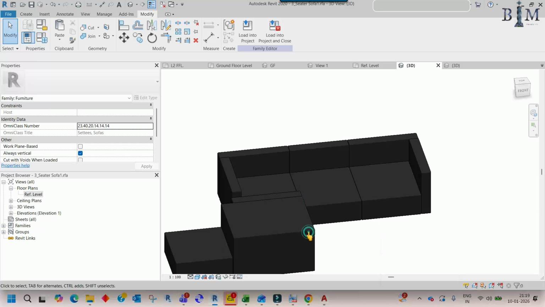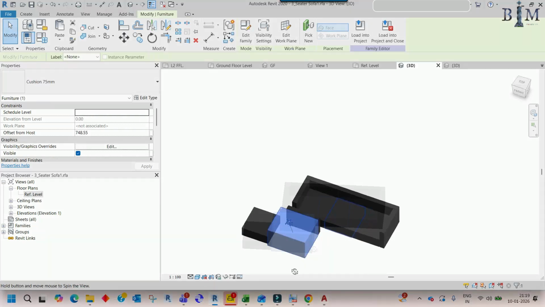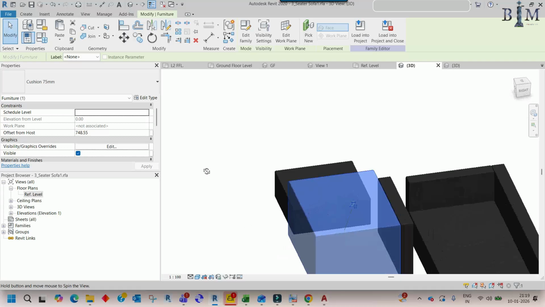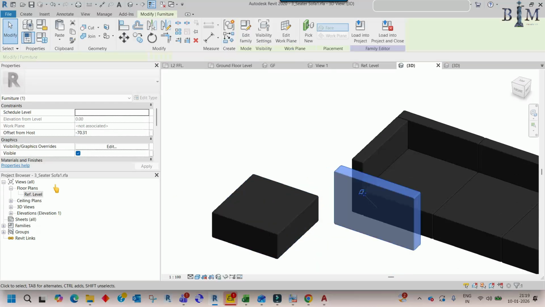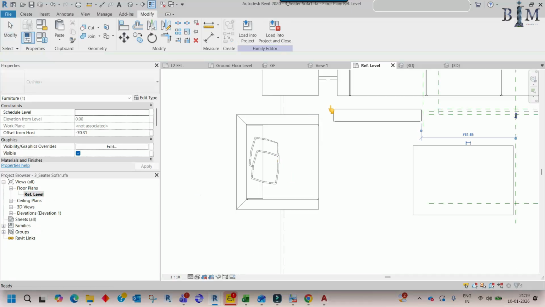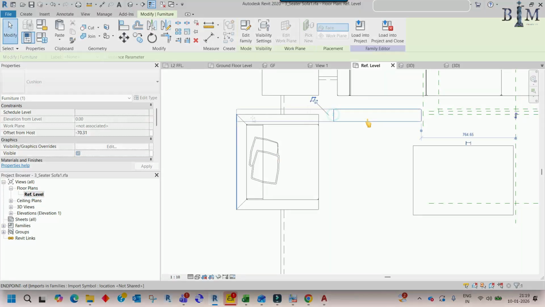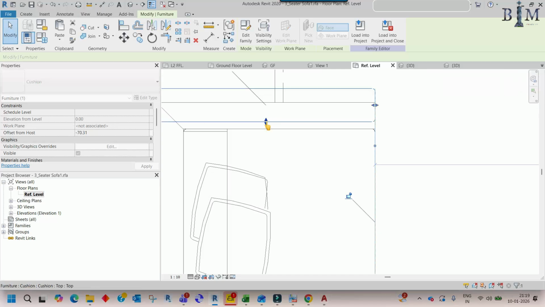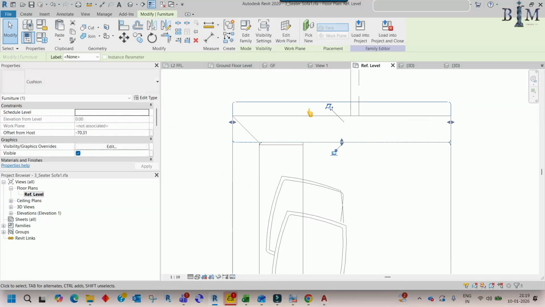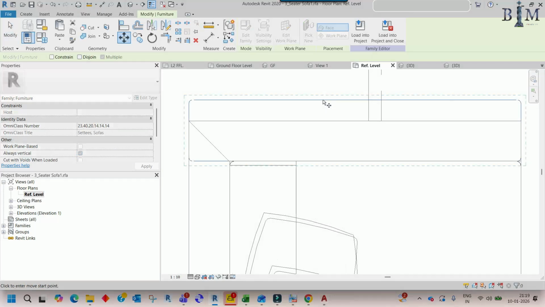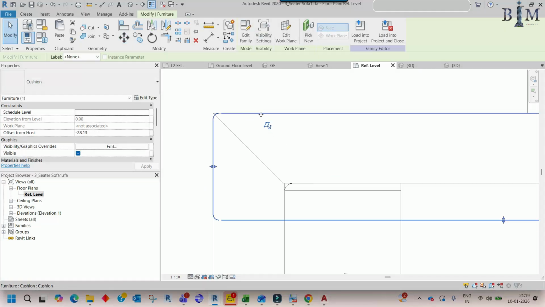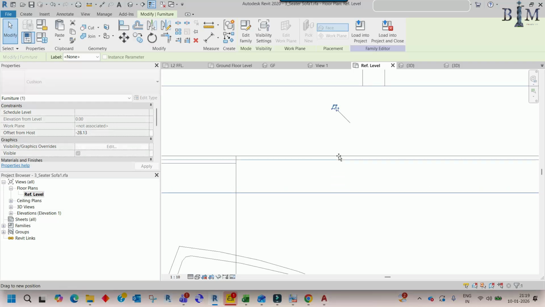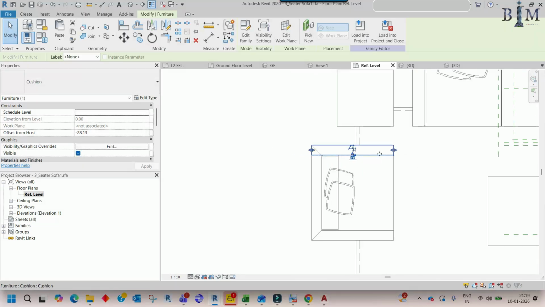So I can check this one, do we need this one, or is it okay? So delete it, no issue. So take this one only. So go to the plan, and here this will be the chair element. So here you can take the alignment like this, and okay, I cannot do this, and here you can move the element approx like this, and here you can stretch the line up to this, and now we can mirror